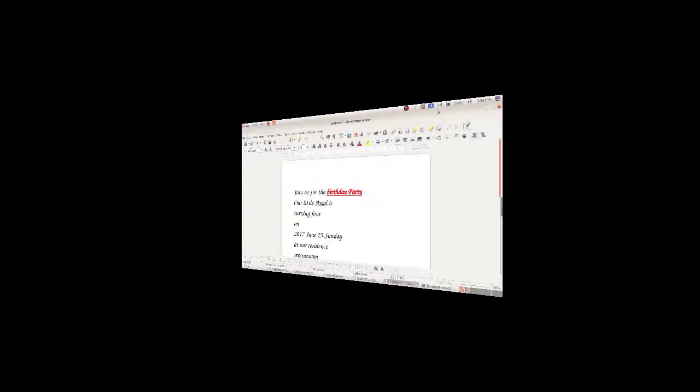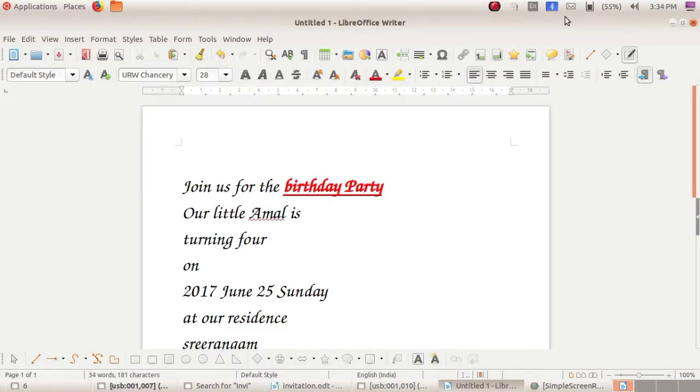We can just revise what we have studied in the last class. We typed the invitation card and we changed the handwriting. Can you say which tool is used to change the handwriting? It is font style, font name. How can we change it?